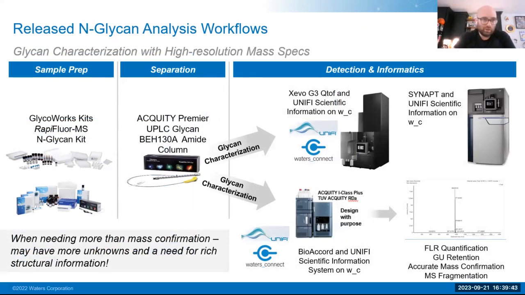And then with that, we see the sample prep of this. Waters has a variety of different types of solutions for glycan analysis. So even after this process is finished, when you leverage the sample prep kit itself, how do we actually separate it and then detect and analyze the samples themselves? There's a plethora of technologies that exist within an organization to give you a streamlined workflow, so that once you've prepped your samples, you can immediately separate, detect, and quickly analyze all of these, through different column consumables, mass spectrometry platforms, as well as informatics platforms with libraries to streamline this entire process.